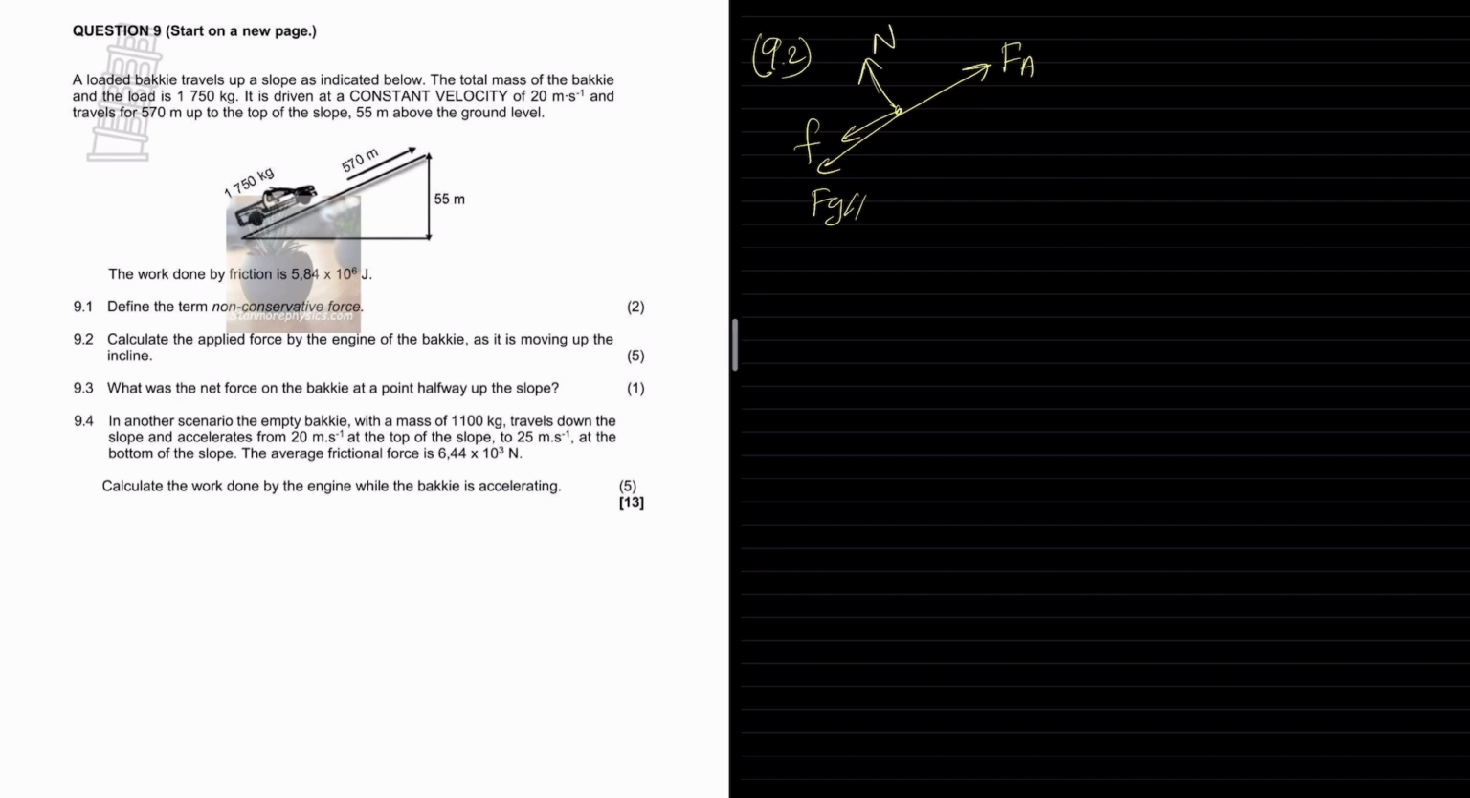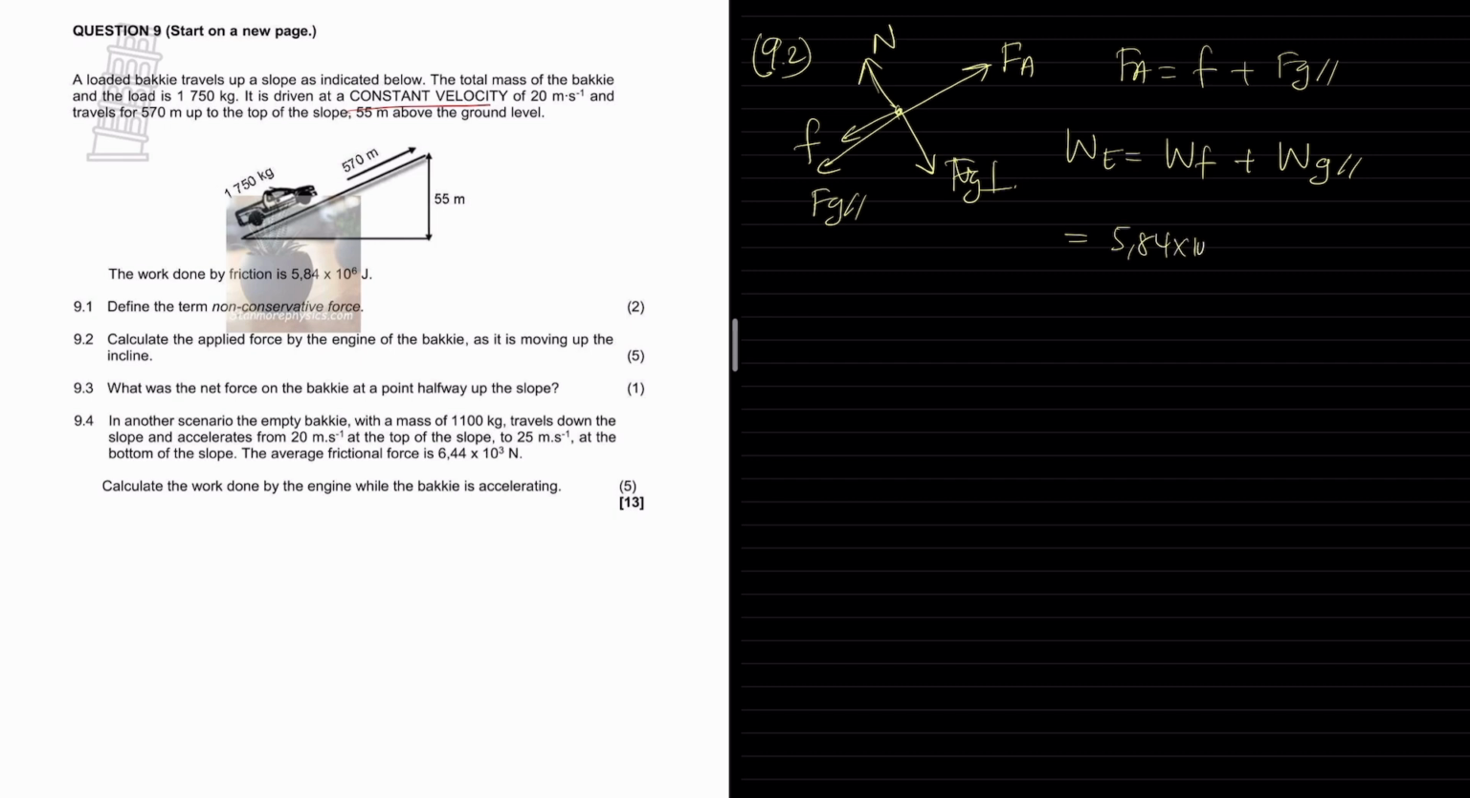Then normal, and then FG perpendicular. Now, since it's at constant velocity, the force applied is going to equal the friction plus FG parallel. That means the work done by the engine is going to equal the work done by friction plus the work done by gravity parallel. So the work done by friction is